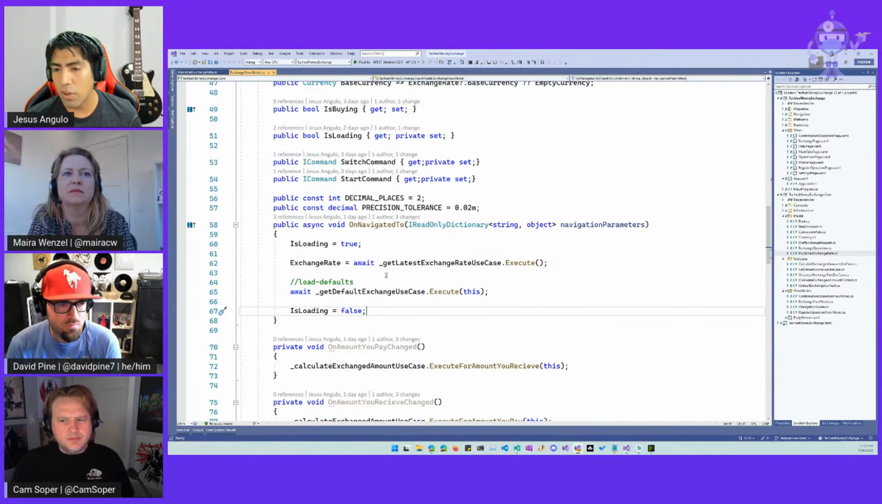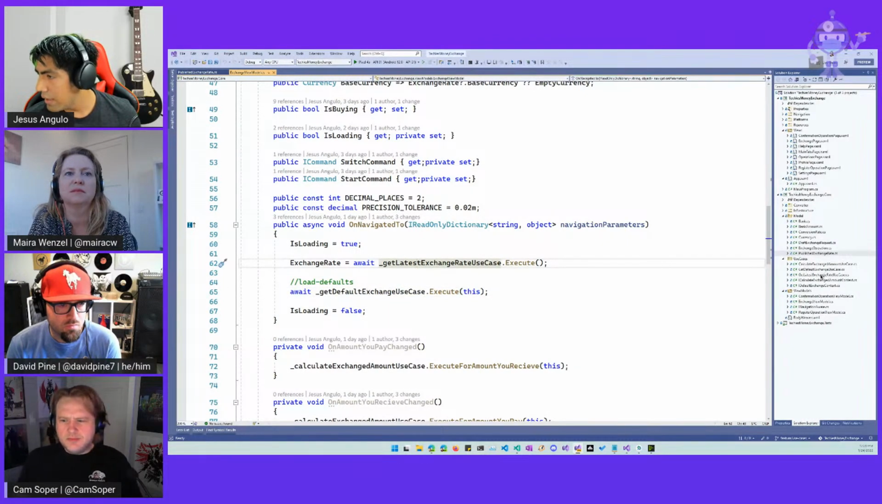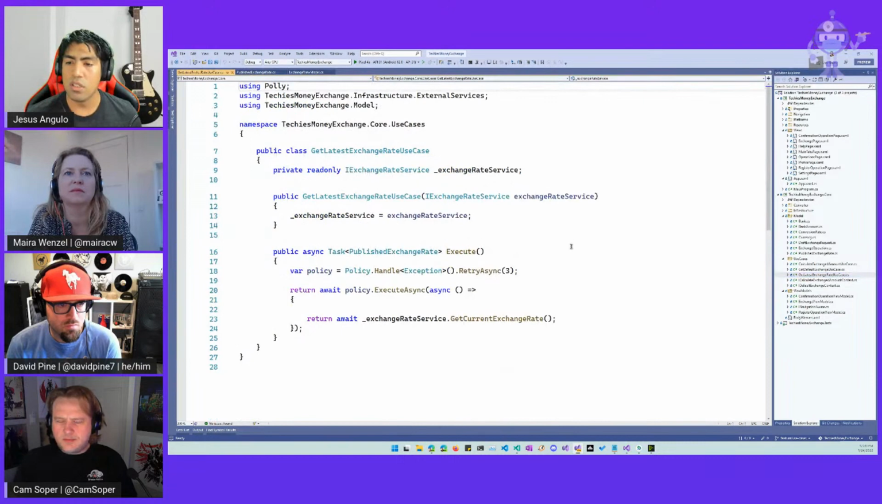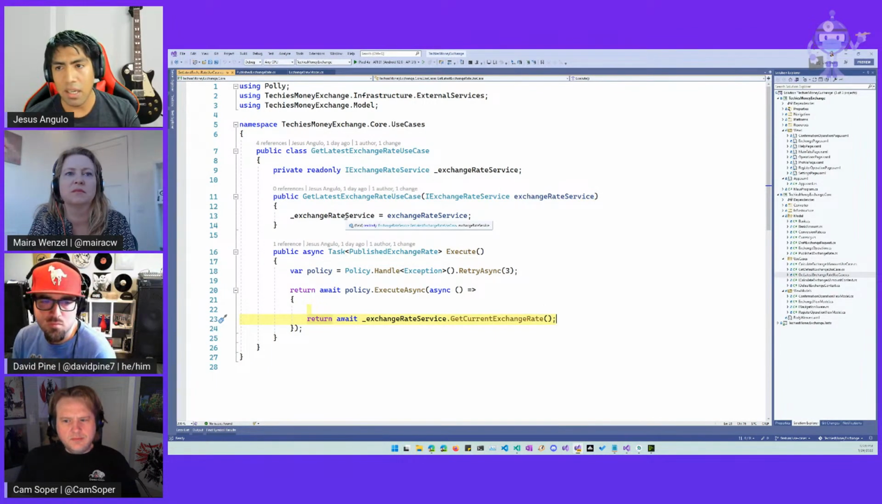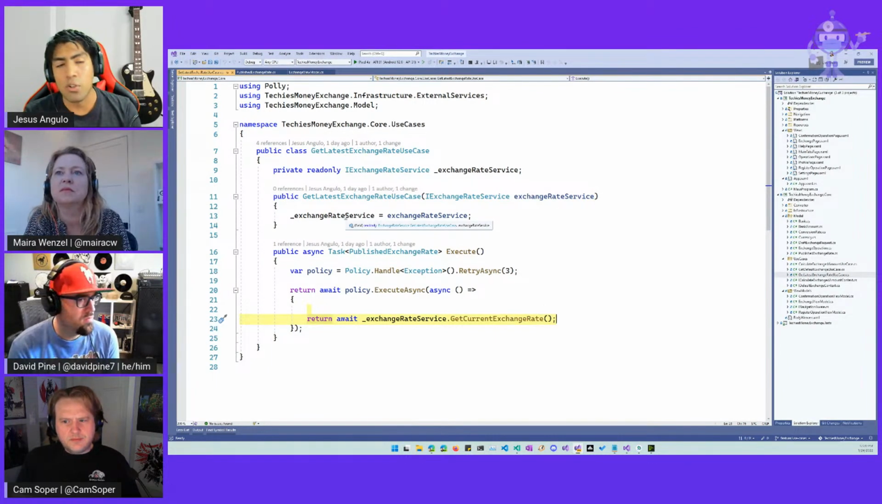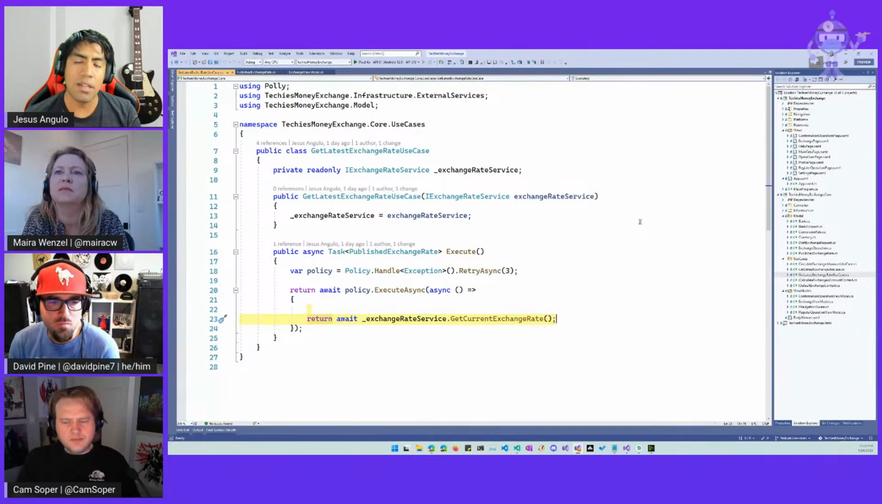So let's take a look, for example, at get default exchange, or the get latest first. Get latest exchange rate, which is super simple. It just takes the REST service and gets the current exchange rate, which is what we expect. But now that it is separated in a unique class, which is called a use case, we can modify it, augment it,